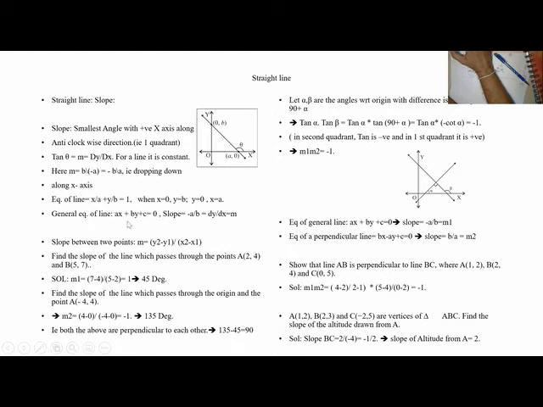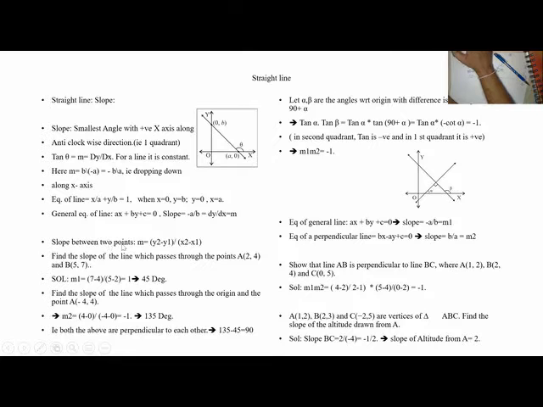So what is the general equation of a line? Ax plus by plus c is equal to 0. When I put x as 0, what is y? Y is minus c by b. When y is 0, x is minus c by a. So when I find the slope, if I do dy by dx, a into dx plus b into dy is equal to 0. So dy by dx is minus a by b. Minus a by b. So we have to understand the equation. Now it is given, and we have to find the slope of the equation.